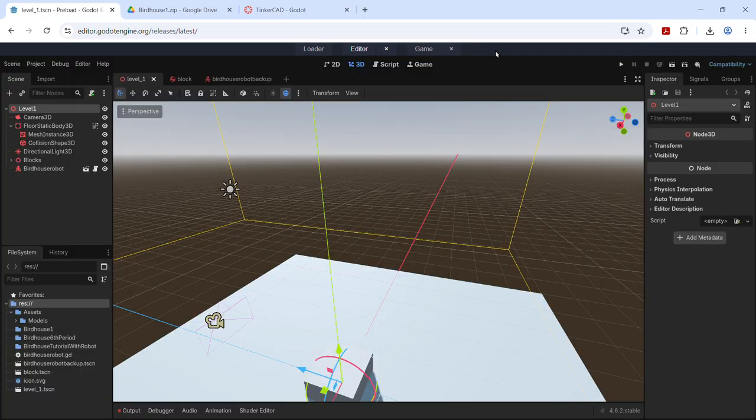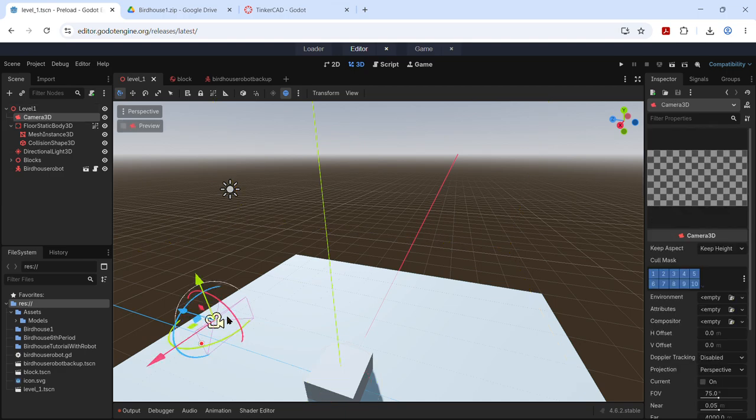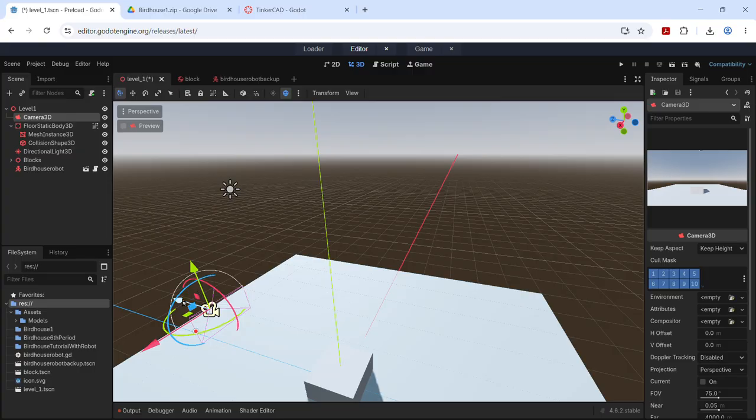And there it is. So what we're looking at here is the Godot editor. This is the stage where all the game things live. This is the light. If you turn the light off, it's dark outside. This is the camera that allows us to see. I can move the camera up, down, left, right,